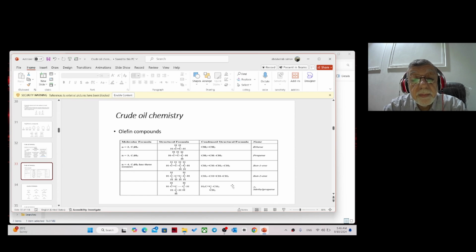Olefin, I will not explain olefin in depth here, because olefin is not found in crude oil, but it is produced during our processing in the refinery, like a cracking reaction or any other process. Olefin compound is a chain which contains a carbon-carbon double bond, starting from ethene, and the name is also ended by ene instead of ane. So instead of ethane, we call it ethene, propene, butene, and like this. So this is a double bond, and this is a very reactive compound.